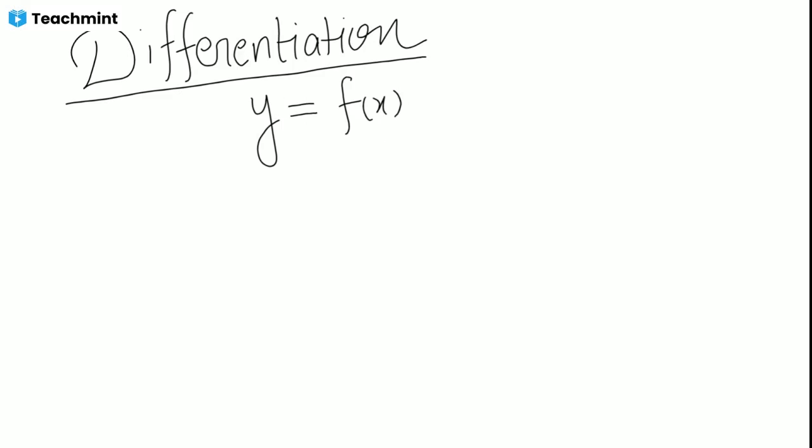So differentiation is just the rate of change of y with respect to x, meaning because of a change in x we'll get a change in y. The rate of change of y with respect to x, because of change in x, that is called differentiation. So this is the meaning of differentiation,